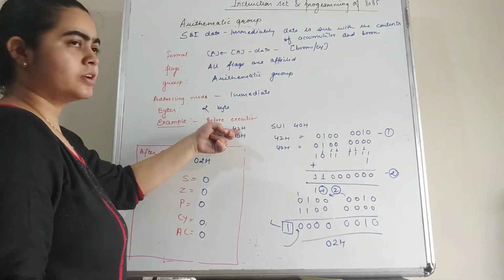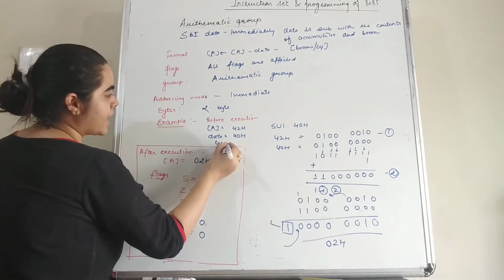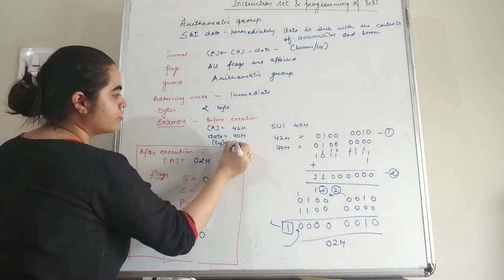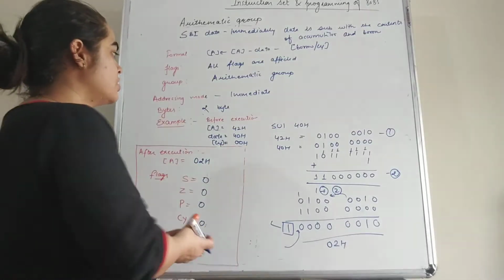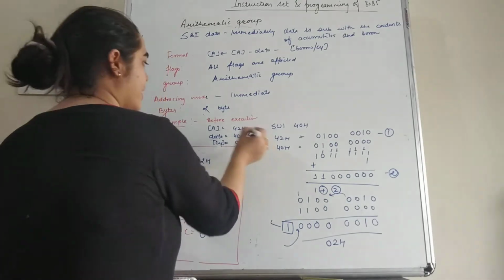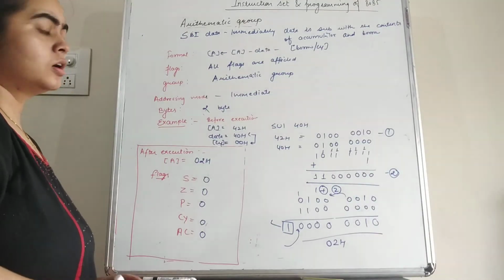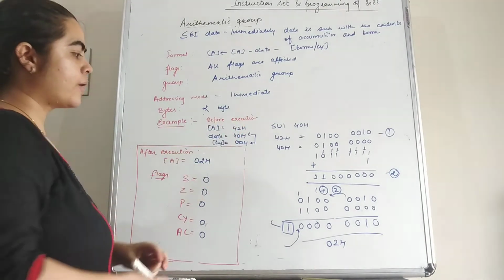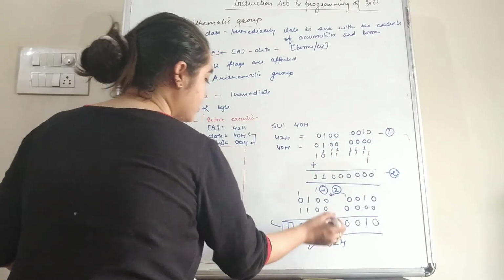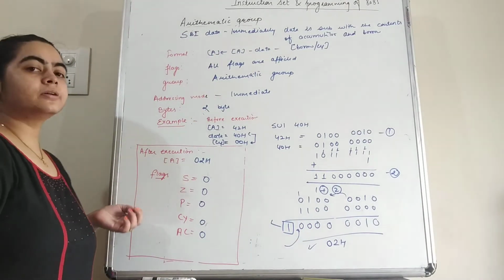In the accumulator we have 42H, in data we have 40H, and in the carry flag, or we can say the borrow, we have the 00H value. So if it is 00H, initially we can add 00H with the data, so the result is the same, that is 40H. Then if we subtract 40H from 42H, the result is 02H, and all the same flags are affected.